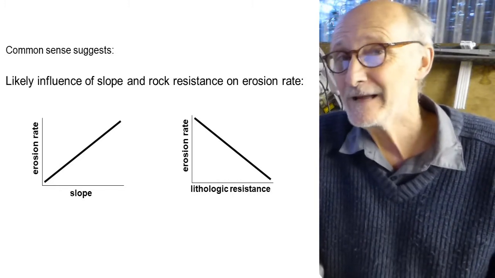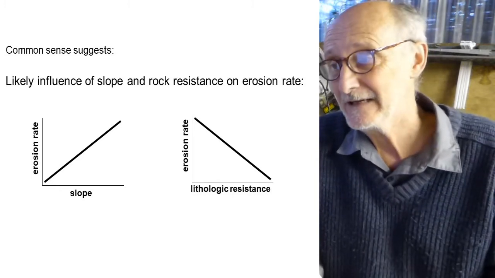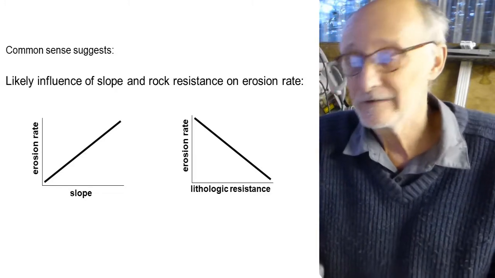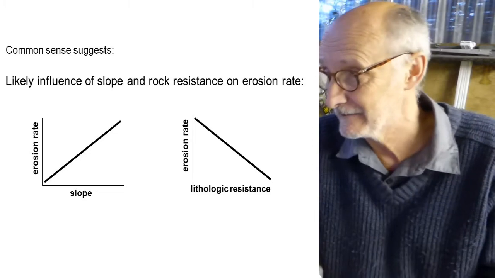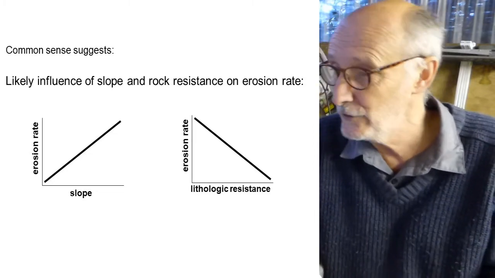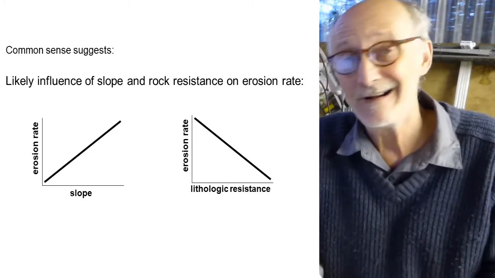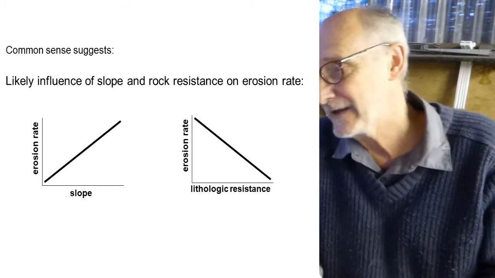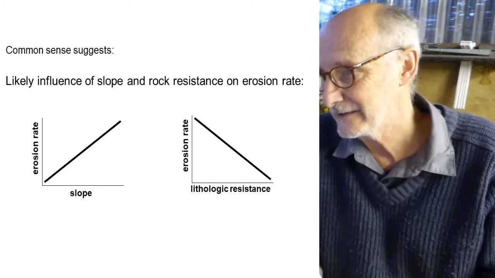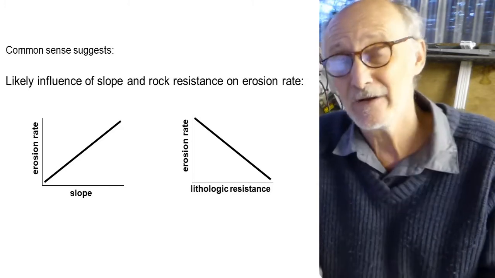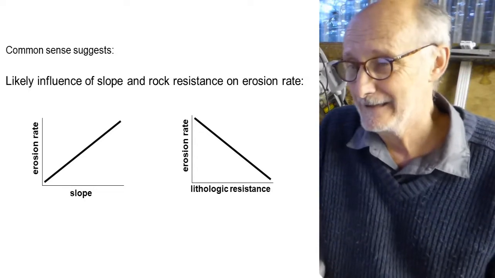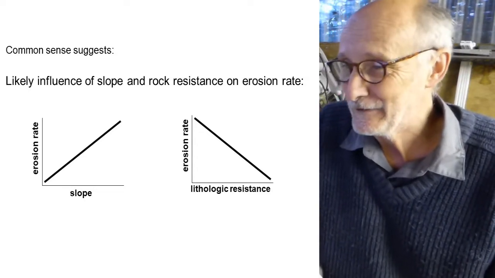So where would you expect lots of erosion to be happening, and where would you expect less erosion to be happening? Well, if you have soft rock, you'd expect more erosion. So the left-hand side of that graph, on low lithological resistance, yeah, you've got high erosion rates. As you increase your lithological resistance, well then, understandably you're getting lower and lower erosion rates because you're getting harder and harder rock, so it isn't going to erode so well. Okay, so far so good.